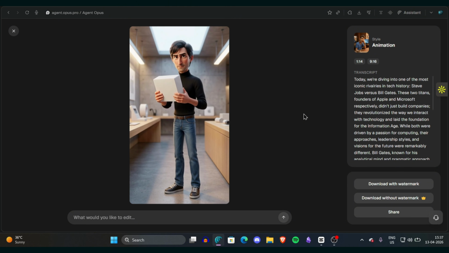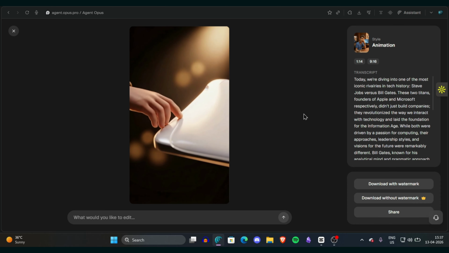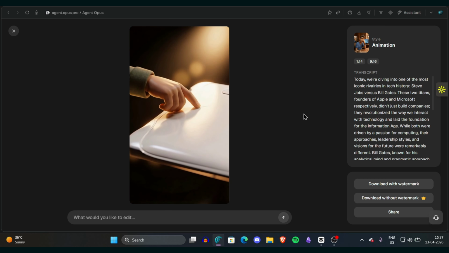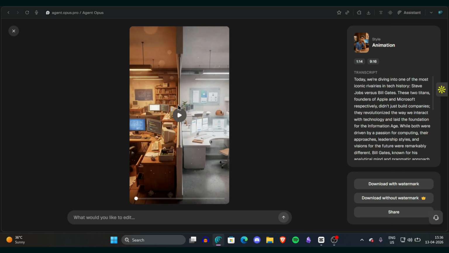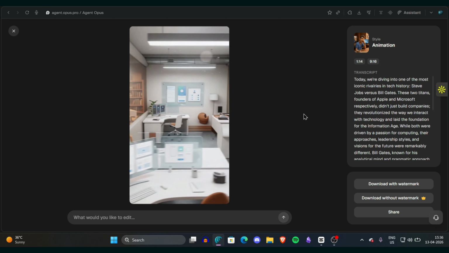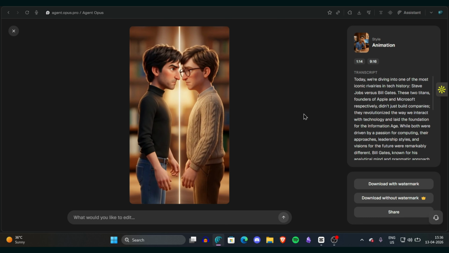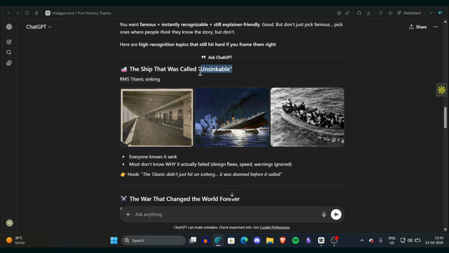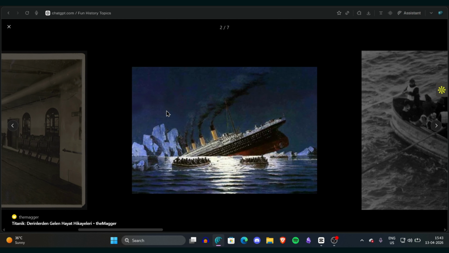Alright, I'm really in love with this animation style. This is like 3D Pixar Disney animation where we can see Bill Gates and Steve Jobs almost looking very identical. This is what I'm talking about. This is such a good animation, it can be built only with Opus Agent, and I'm really in love with this too because it is so good with so much less time. You can create such high quality animation. And not only this, our final example will blow you away because here we will customize